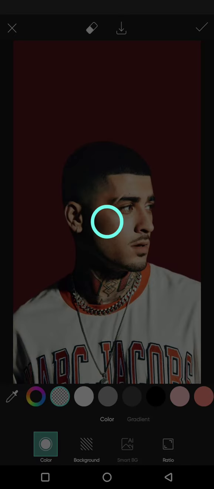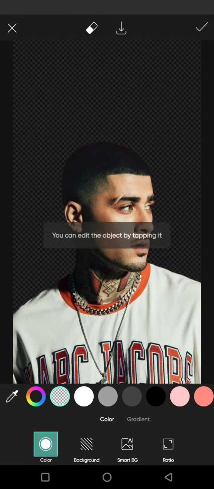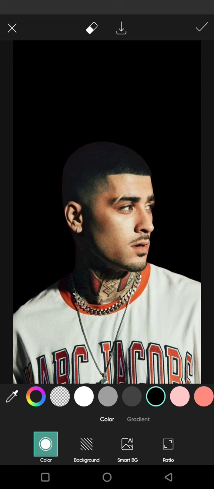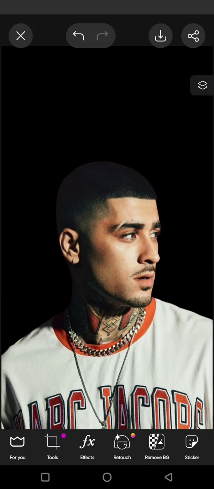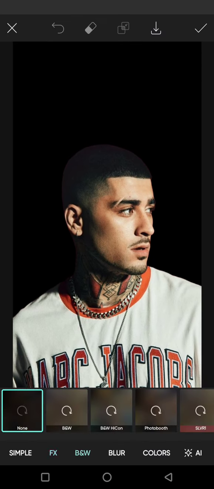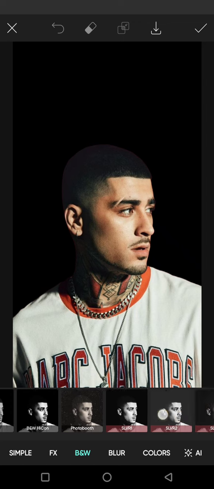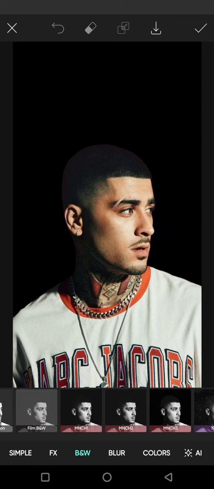then tap on the remove background. Wait for the background to fully remove. Now choose the black color as the background, and next you can go to effects. So click on a check icon, go to effects, click on the B and W category, swipe, and select this